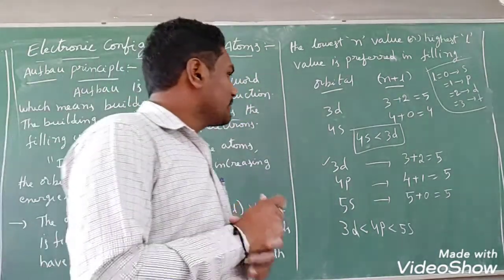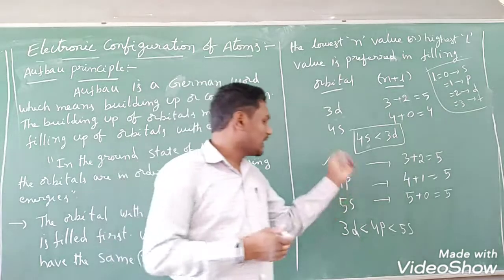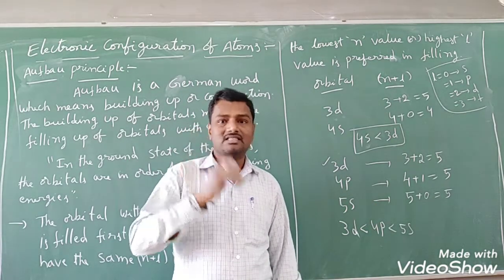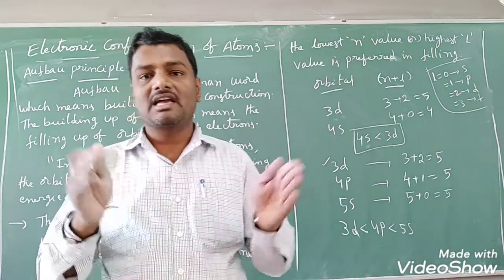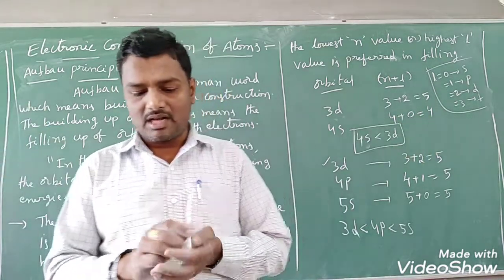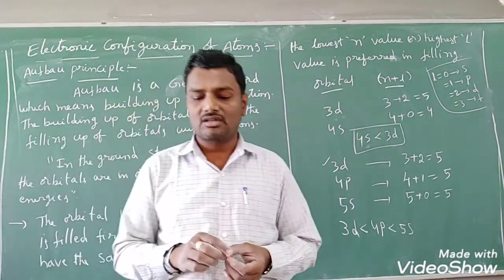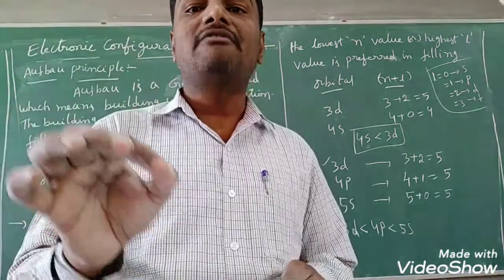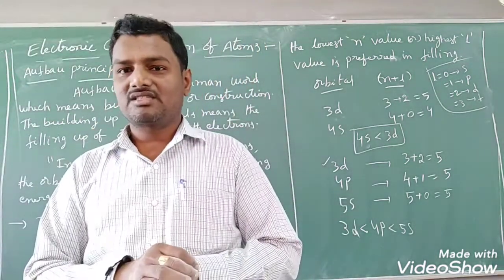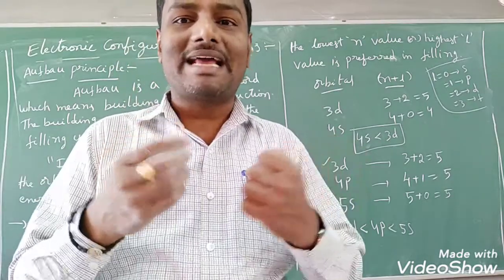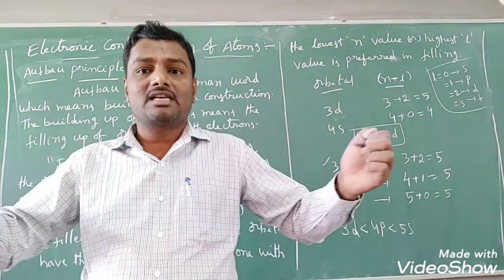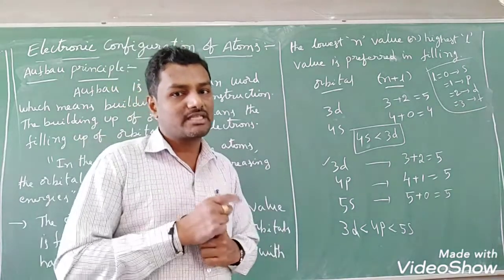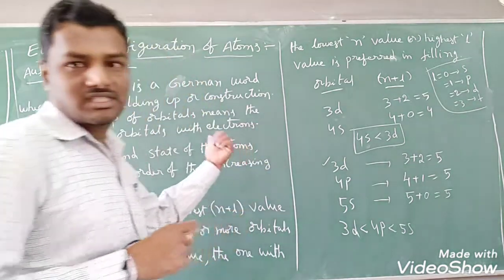This is very easy. But for each and every orbital we cannot calculate like this with n plus l value. But we have an easy trick also to remember the increasing energy of various atomic orbitals. The sequence in which the electrons occupy various orbitals can be easily remembered with the help of the Moeller diagram, students. So what is that Moeller diagram? How do we write the increasing order of various atomic orbitals in an atom by using a Moeller diagram? We are going to discuss now, students. First, copy these points.